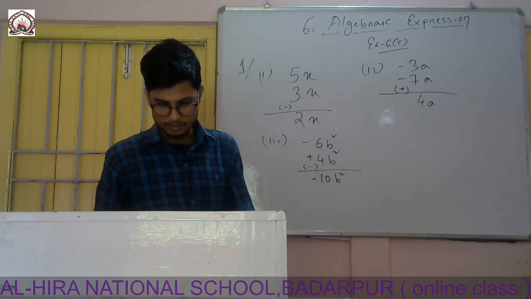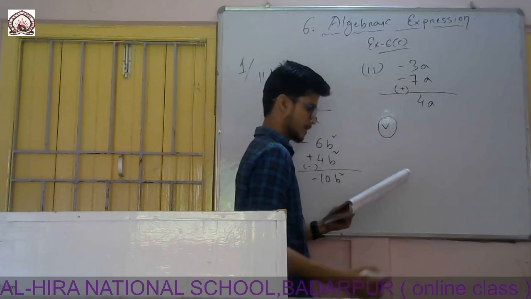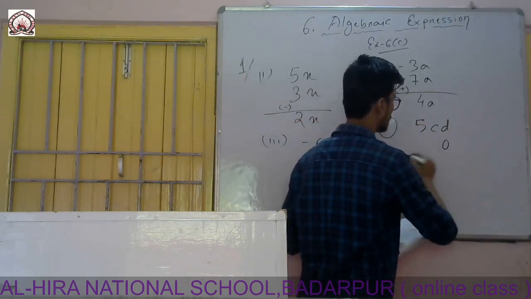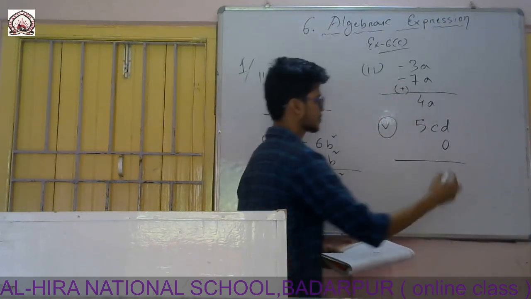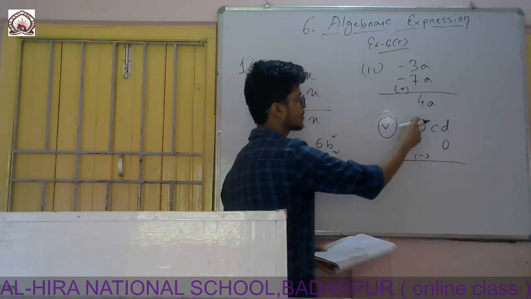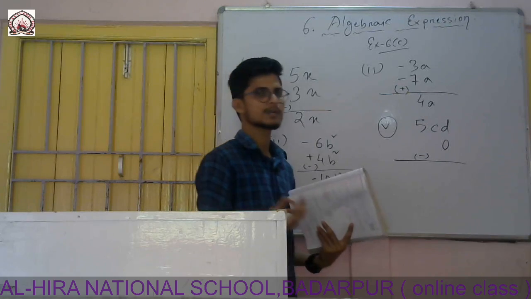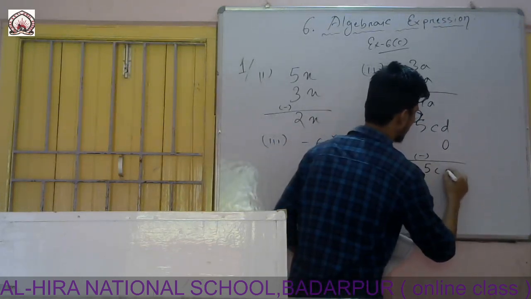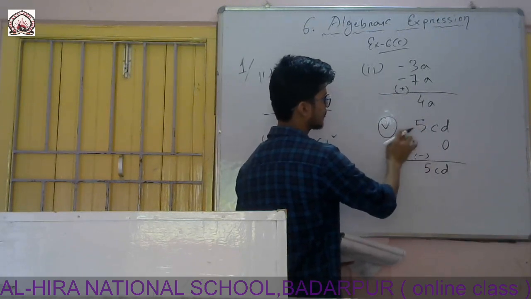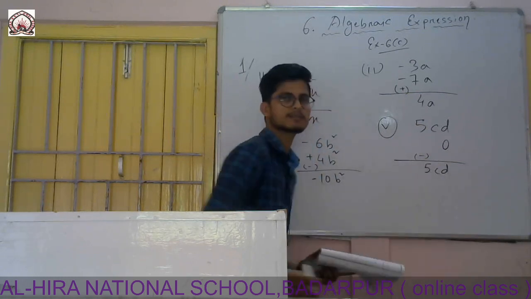Okay, so now see question Roman number 5. It is 5cd and they have given 0. Since I have to do subtraction, I will simply change the sign. It is plus, so I will write minus. Plus, minus, it will be minus, and if from any number we subtract 0, the outcome will be the same number itself. So 5cd is the answer, and since 5 is greater, I will use the sign plus: plus 5cd.